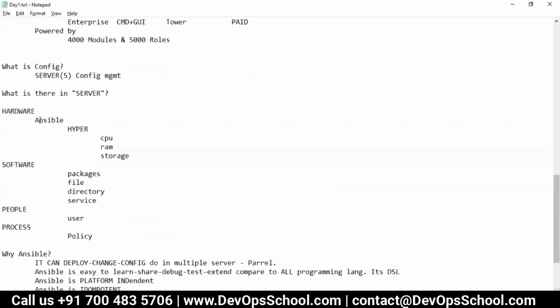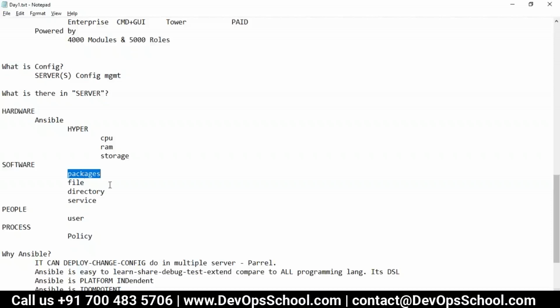See here. In a similar way, Ansible can talk to a hypervisor. When I was trying to tell you, Ansible can talk to any packages, any application, and that package will do the orchestration. So Ansible does not have that feature itself, but Ansible can talk to n number of tools.